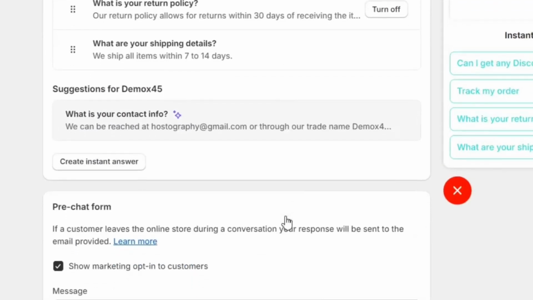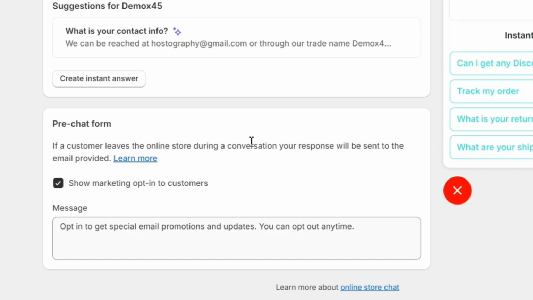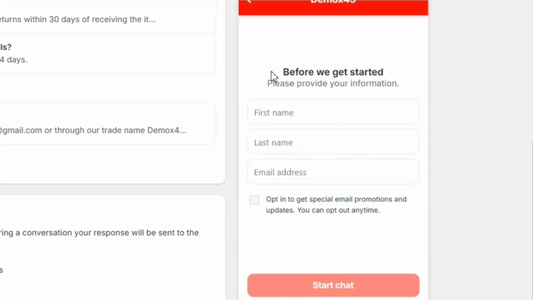Next, when you scroll down, you'll see this pre-chat form. If you enable this option, you'll be able to gather your customers' data, such as their name and email, even before starting a conversation with them. Next,